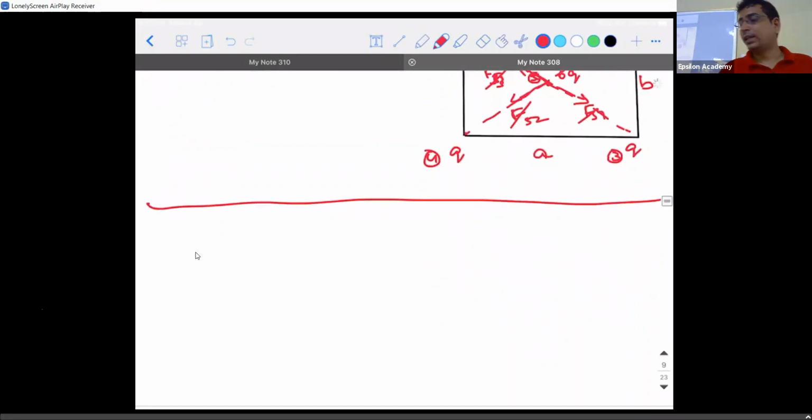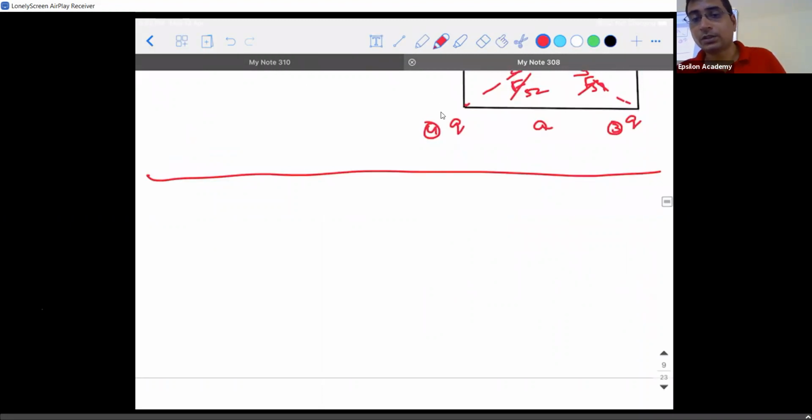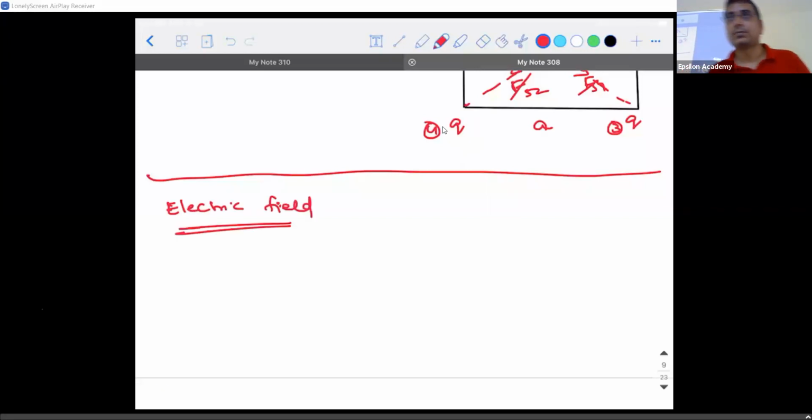Okay. We'll see the next concept that is there in this chapter. So till now we saw what is charge, how do the charges interact. The next concept that we are going to see is electric field. So what do you mean by electric field? If I say something as a gravitational field, so it is a region around a charge or a charge distribution where you can sense the force, is what we call as electric field.